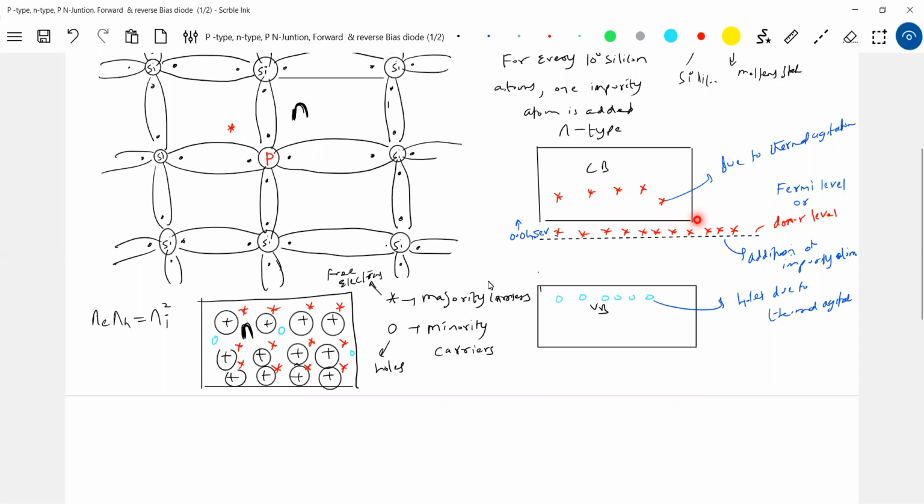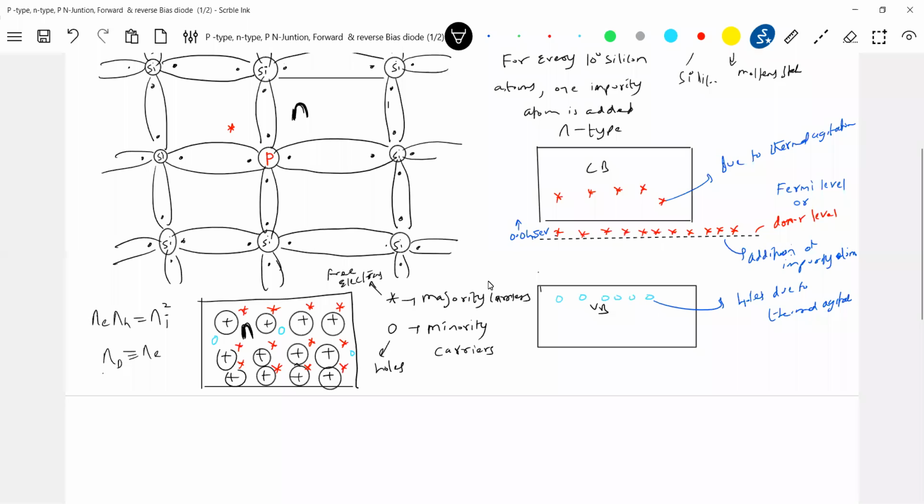How many donor ions did I add? I know it. For addition of one donor atom, a pentavalent impurity atom, I get one electron. So with this, can I calculate the minority carriers? Yes. So what is Nh, the concentration of holes? Ne is the concentration of electrons. Approximately, how many donor ions I added, that many free electrons will come. So you don't bother about this one; this number will be far less. You can neglect it here. As far as our discussion is concerned, what you can write is Nd, the number of donor ions, should be equal to Ne approximately.